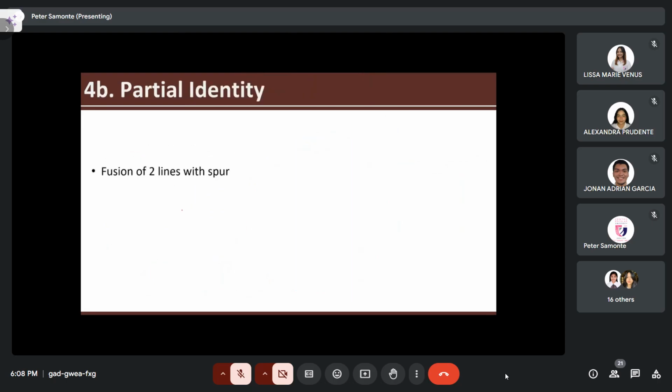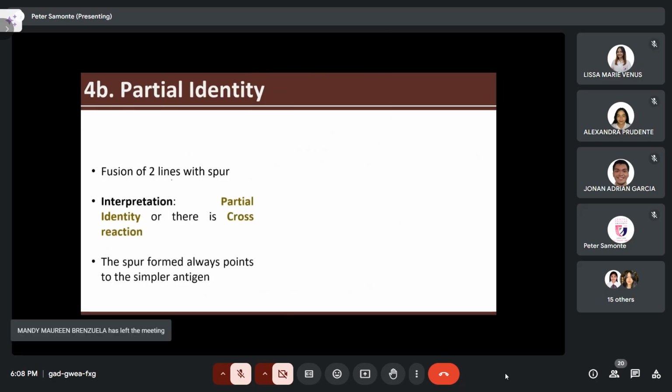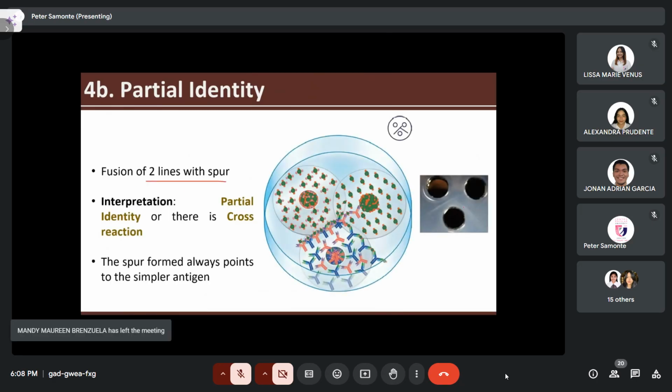Kapag naman partial identity, class, this is a fusion of lines with a spur. Pag sinabi mong spur, sumobra yung line, class. Sumobra yung line, yung radial line niya. Ang interpretation naman, class, is that there is partial identity or a cross reaction. The spur form always points to a simpler antigen. So in this case, let's say again, ang patient nyo is positive for